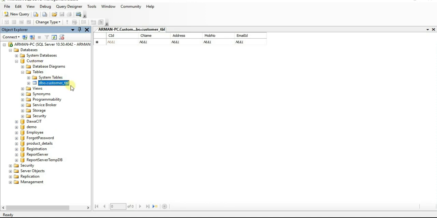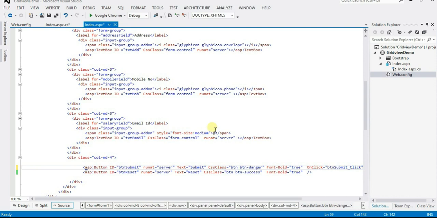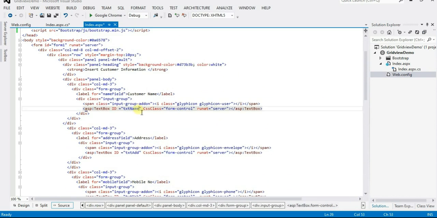Okay, customer TBL. Customer TBL. Values and type here single quotation mark, inside double quotation mark, inside plus plus, and type here text box name. This. Okay,